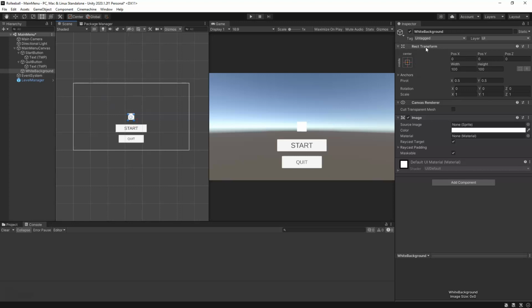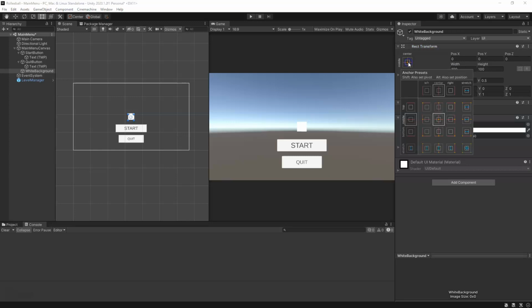So the first thing I'm going to do is go to my rect transform. If we click the 3 dots and do reset, you'll see it doesn't do anything. This is the default for that. Now, if we click our anchor points, there's this option down here for stretching. If we click that, it sets the anchor points to stretch to each of the corners. But we want to have the whole image fit our canvas. So if we hold shift and click, right, it doesn't do anything because that's only setting the pivot point. But if we do shift and alt,